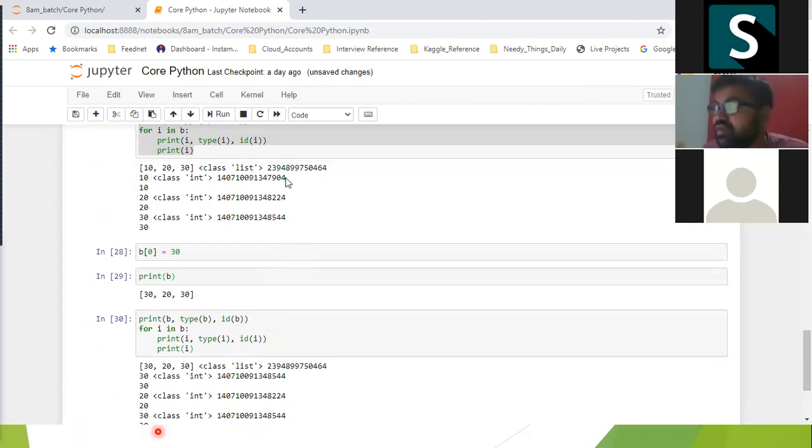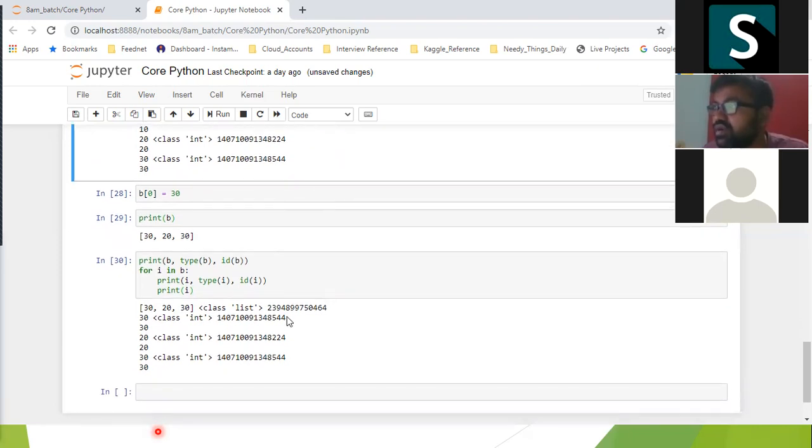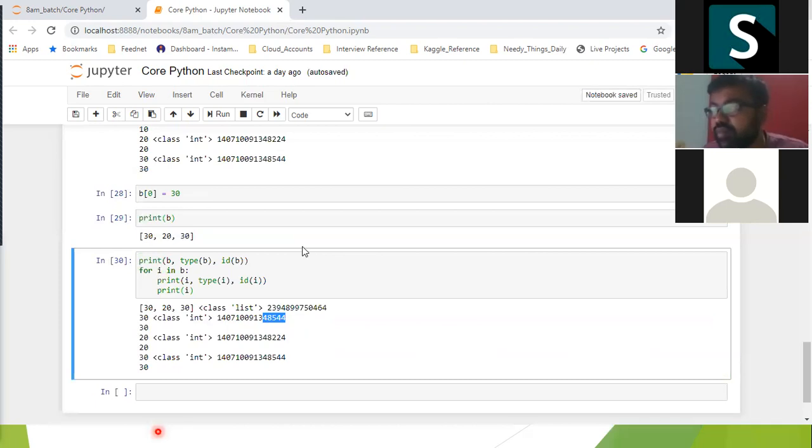Before, I had an address 97904. Now I have assigned 30 in a new object. It got updated. So this is a mutable object.